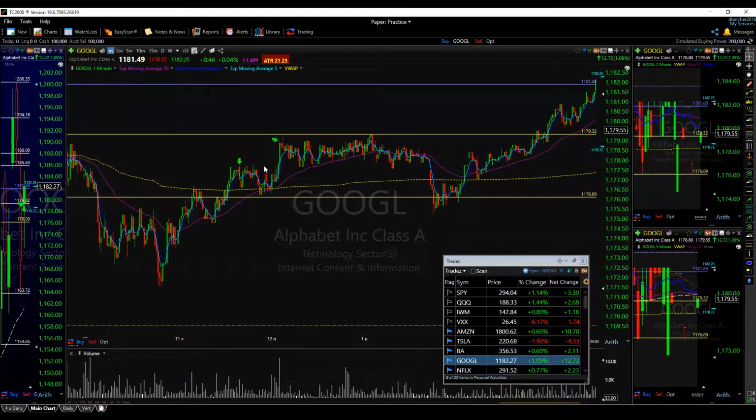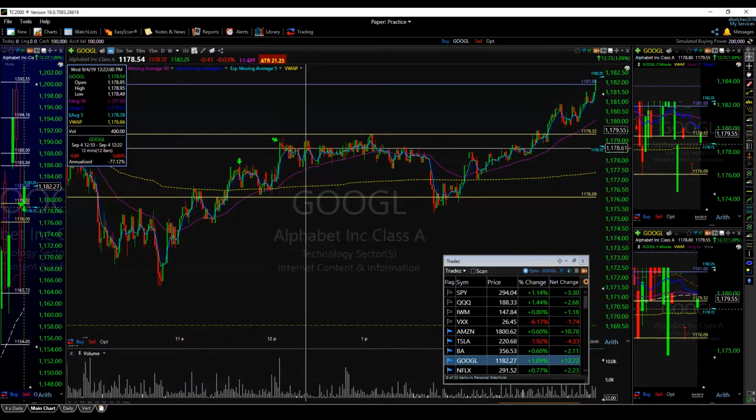And because I had such an awful strike and entry, I decided I wasn't going to add any more to this trade. I was just going to let it do its thing and see if we could get it to come back down, and I could get even just a break even or a little profit. So we then went into this long